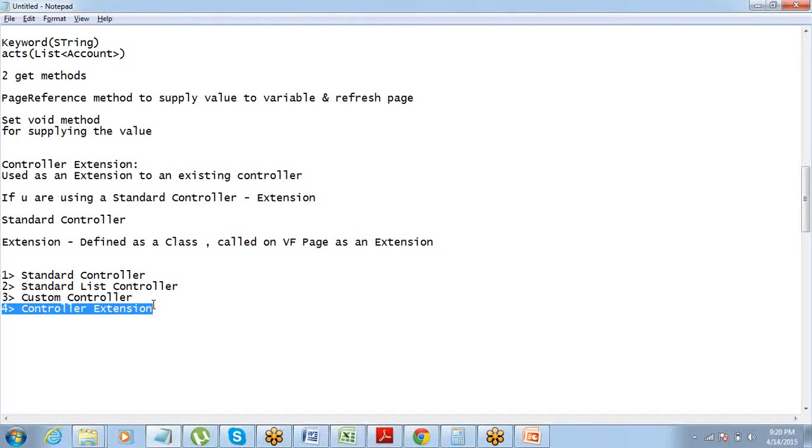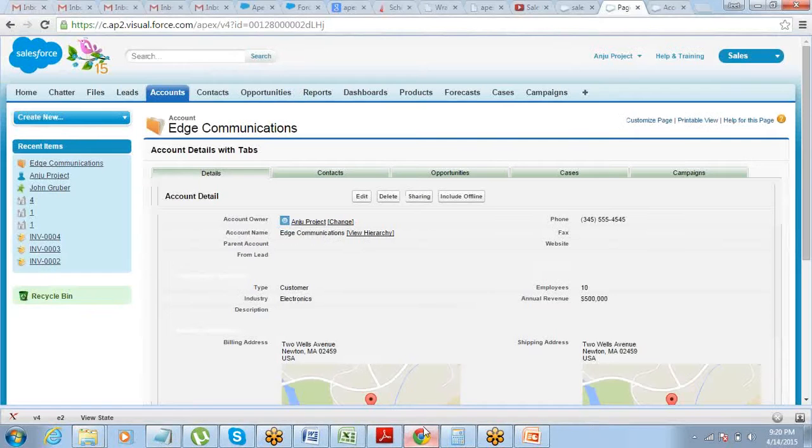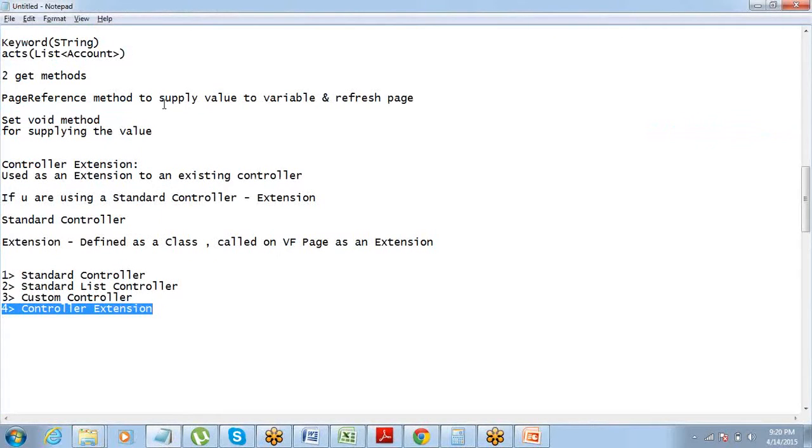Standard controller is mostly used for detail pages. There are pages where you see the detail of one record, and pages where you see a list of records. If you are designing a detail page, use a standard controller. If you are trying to display multiple records on the same page, use a standard list controller.